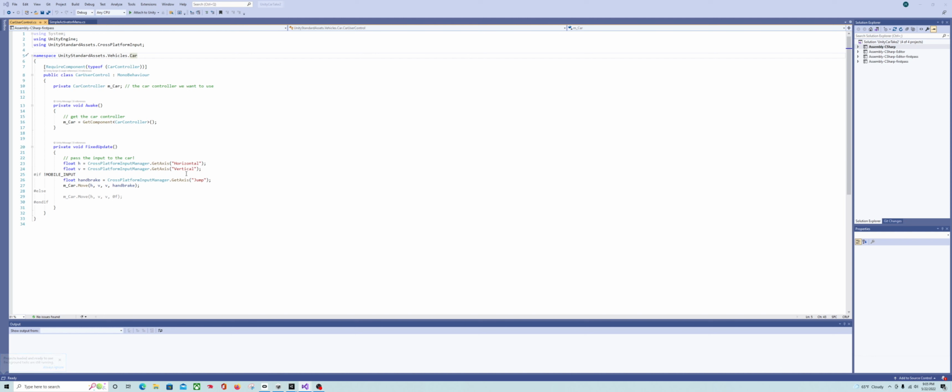Okay, so right off the bat you can see that they're getting their controls off of the horizontal and vertical, which is your W and your S key, and the space bar. And they're passing those floats to their other car controller script. So what we need to do is interface with this with our controllers and a B&G steering